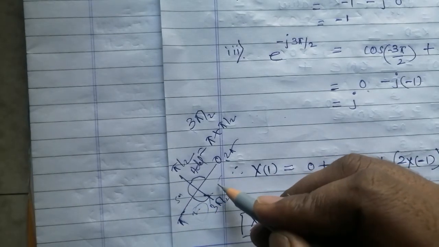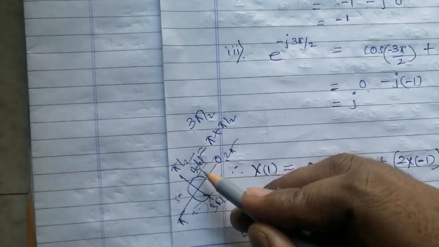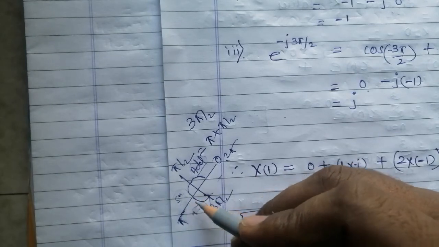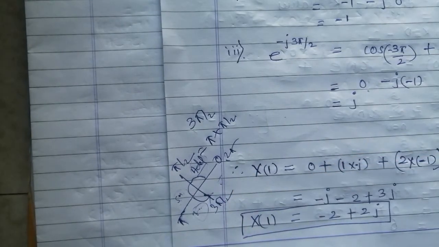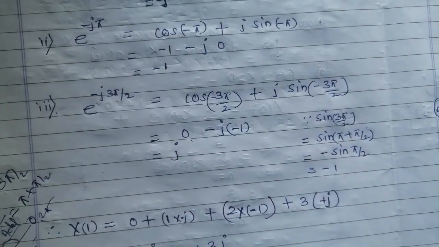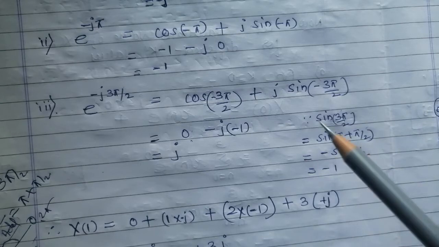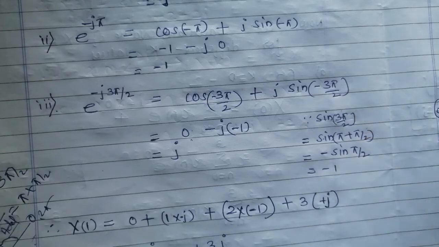So this quadrant is for tan, this is for sine, this is for all, which means here all are positive, here sine and cosec are positive, here tan and cot are positive, and in this part cos and sec are positive. So following this quadrant formula or trick, we can find that sine of pi plus pi by 2 is in the third quadrant, so that is not the house or home for sine, it is the home for tan, so it becomes negative.